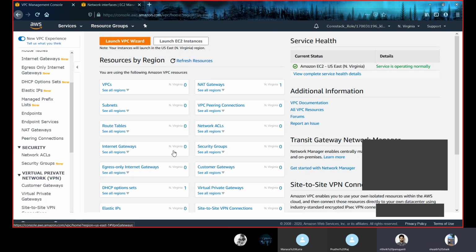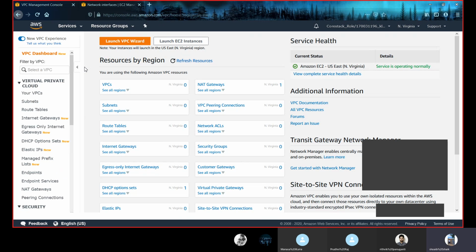So yes, I want every one of you to practice virtual private cloud through your console accounts. I told you how to launch a VPC, and I want everyone to launch VPCs. All the four types of VPCs: virtual private cloud with a public subnet, public and private subnet, public, private, and VPN access, and private and VPN access. Create the four types and attach them to an EC2 instance. Before that, create an elastic IP address, assign it to a NAT gateway as well as a NAT instance, and attach them to an EC2 instance.